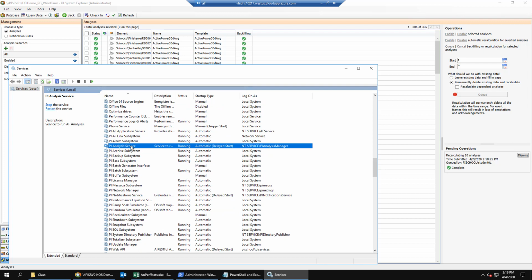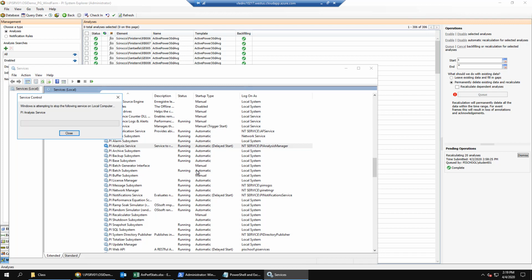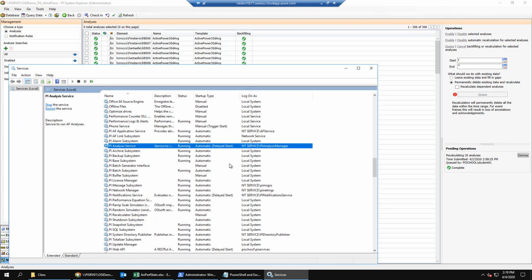Right-click and select Restart to restart the service. This will reset the performance statistics inside the analytics scheduler and allow the calculations to rerun with the improvements we've made throughout the lab.